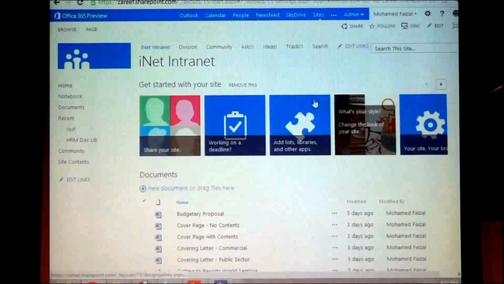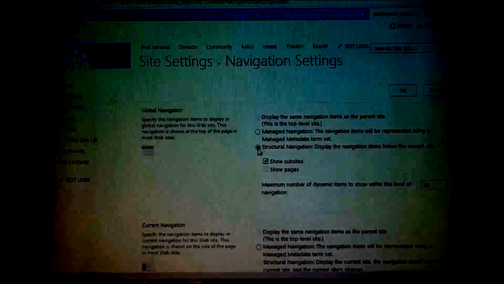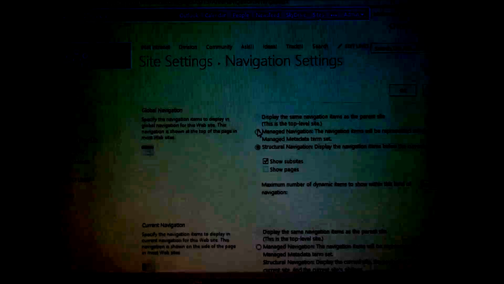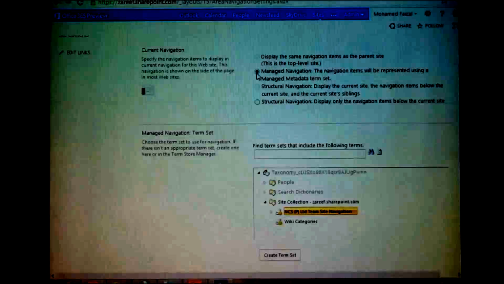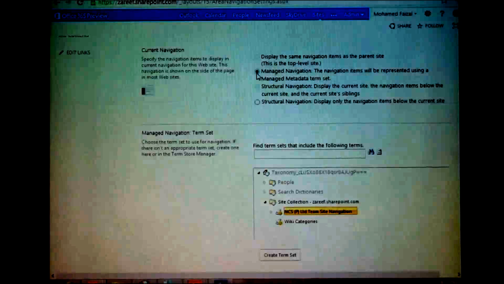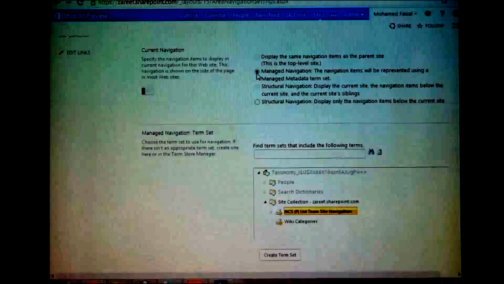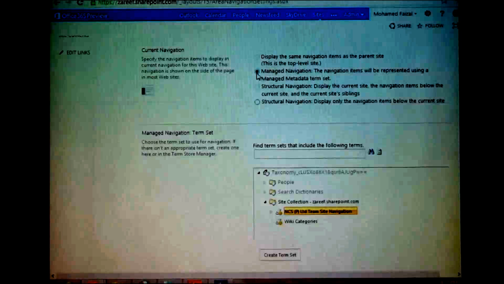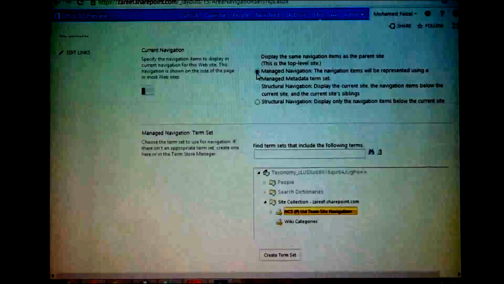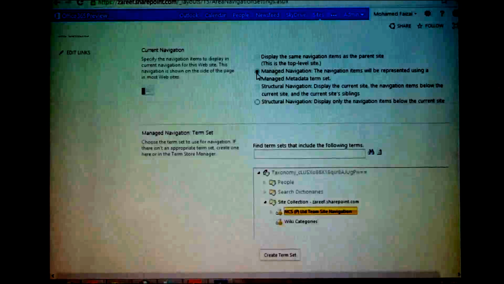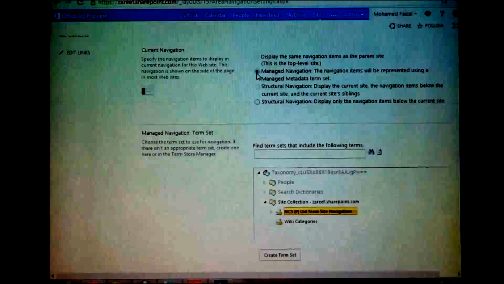You go to site actions, settings, then they call it navigation. It's only available for publishing infrastructure sites. Then you use managed metadata navigation. Now you don't need to worry about your site structure. Your contents are there. Today you bring in, tomorrow you want to change your entire layout, your IA architecture, you use a consultant to change it. Go to managed metadata and define what you want. That's it. You don't need to change your entire site.